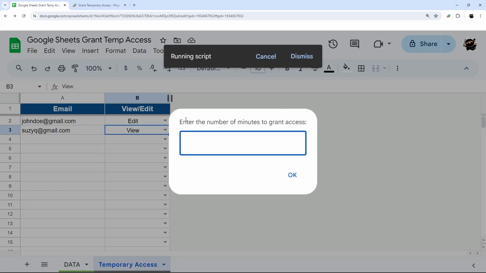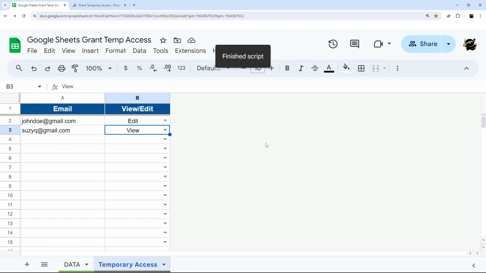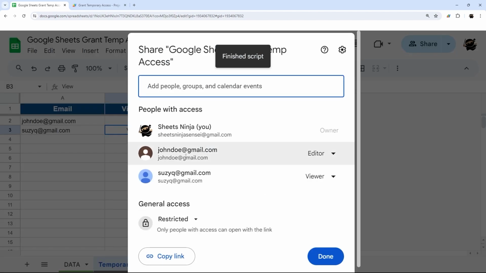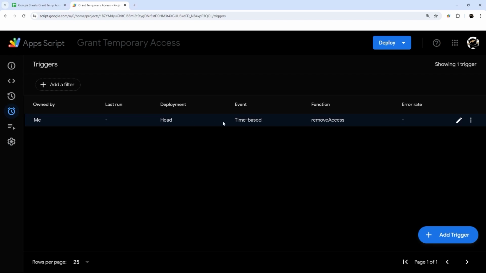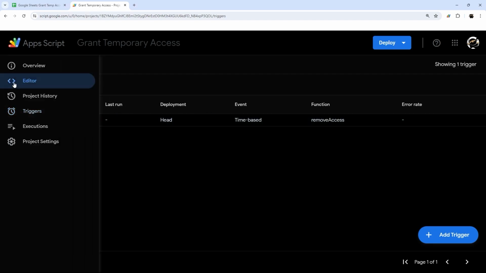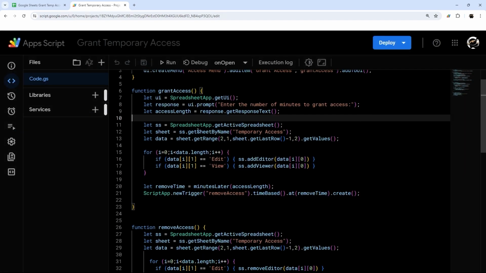So at this point, let's go ahead and run this here and enter the number of minutes to grant access. And so in here, we could do 1 like we have been doing and click OK and finish script. So there it is, added them again. Let's just double check this to make sure everything's working okay there. So check our triggers, and there is our trigger. So looks like we're all running fine. And so let's last of all look at adding our email notifications,